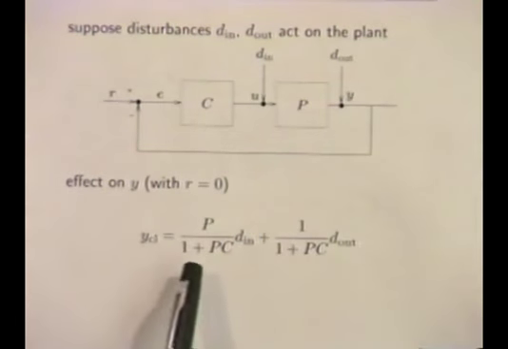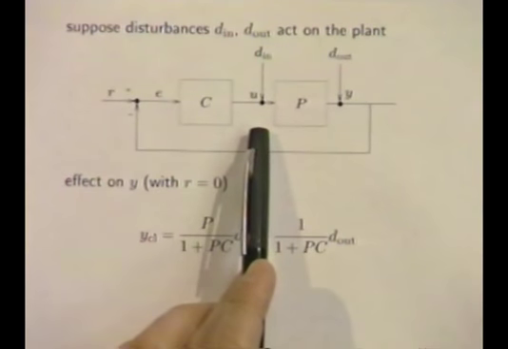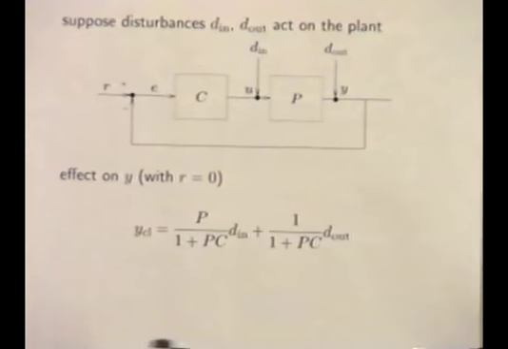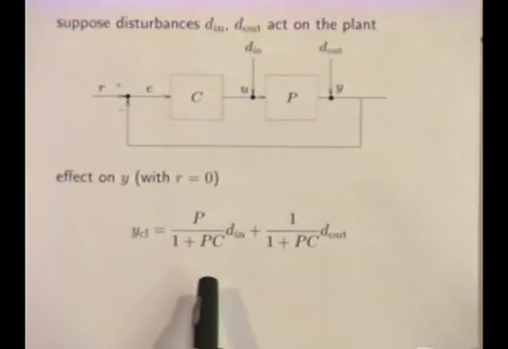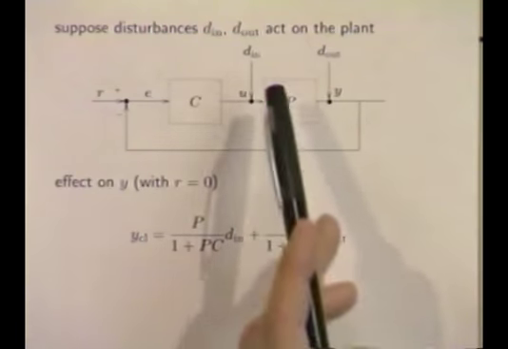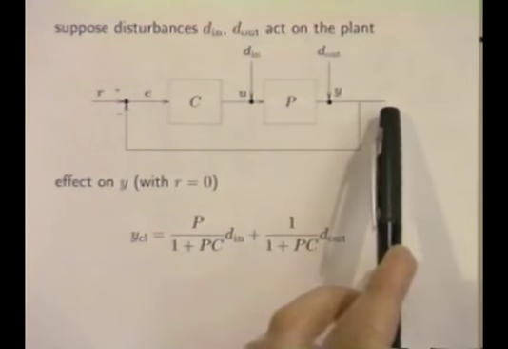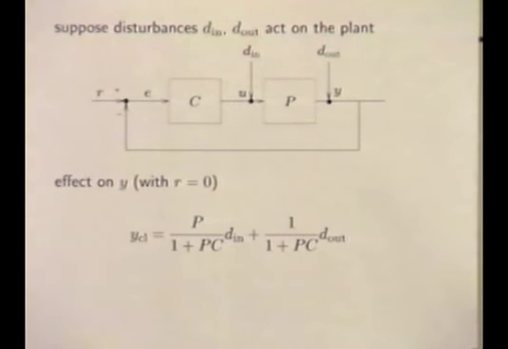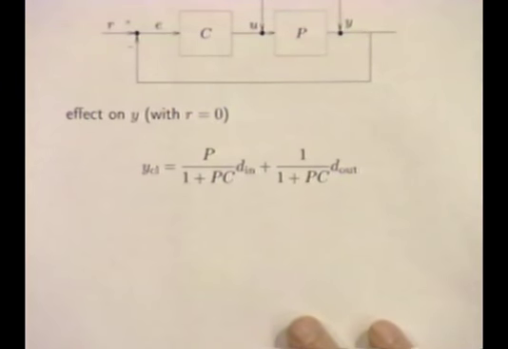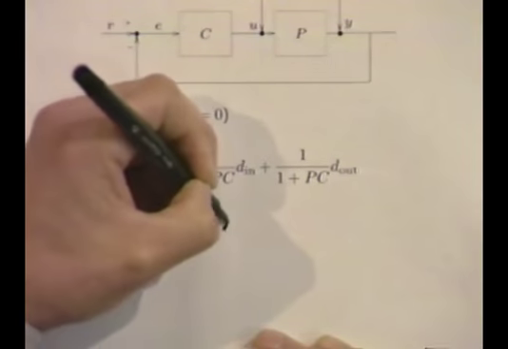Here, if you work out what it is, and actually I believe you have. We made you do this at some point, except it didn't mean anything to you then. So here you work out the, maybe we did something like this on the midterm, I think even. I can't remember. Yeah, okay, I think so. So if you simply work out what the effect of these two disturbances is on Y, you get this expression, okay? If you look at the open loop equivalent system, you get the same thing, except that it's P d_n,